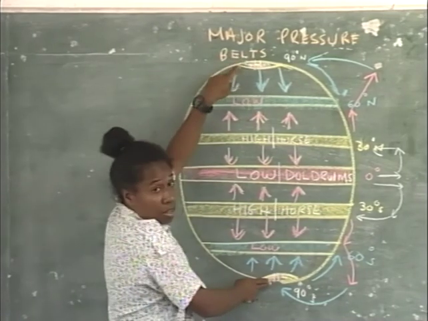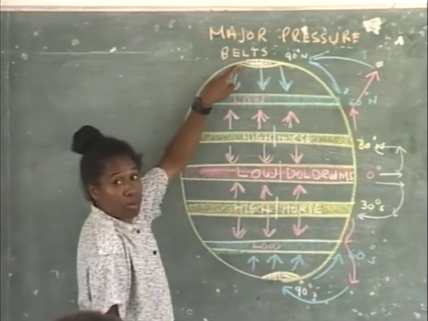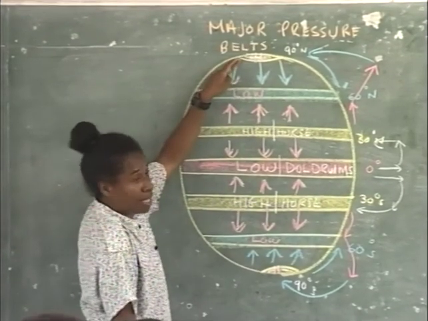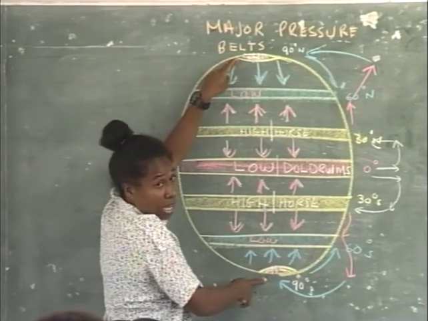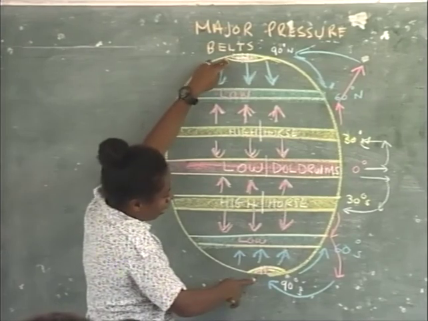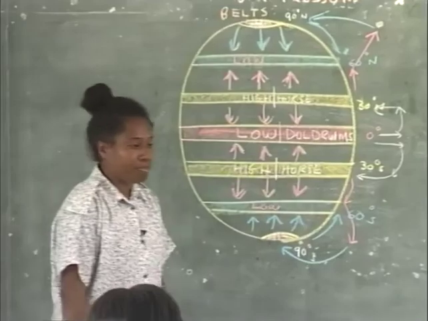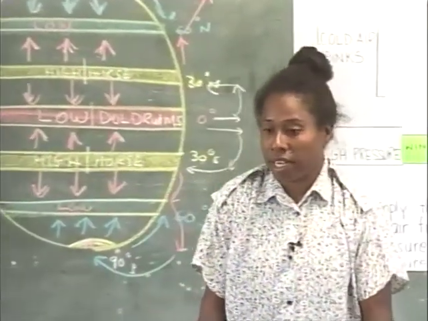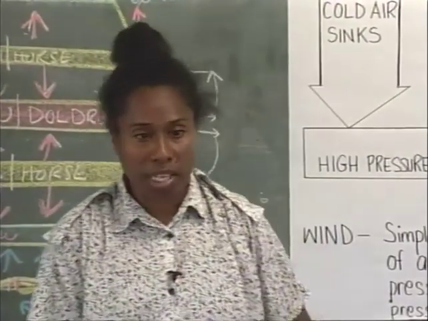And at 90 degrees north and south, we have high pressure simply because of the low temperatures, giving rise to cold air sinking. And also, as a result of the sinking air, the air moves simply from the high pressure areas towards the low pressure areas. Okay, and with that, I'd like you then to complete the diagrams for your homework, and we'll check on that information in our next lesson.